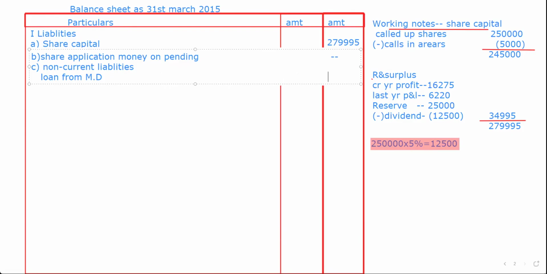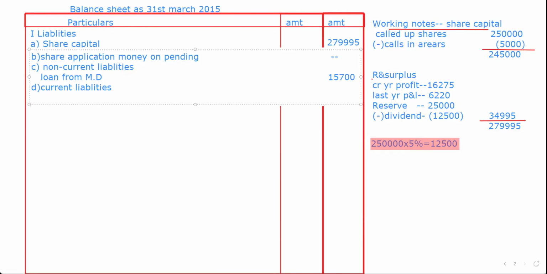I'll go and cross check. Do I have any other loans? No, I didn't get any other loans. There is only one kind of loan I have got. So loan from the managing director, 15,700, I'm showing it directly. Apart from that, I have nothing else. So now I'm going to go to the D, which is going to be our current